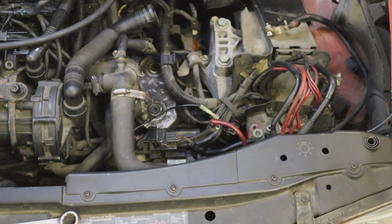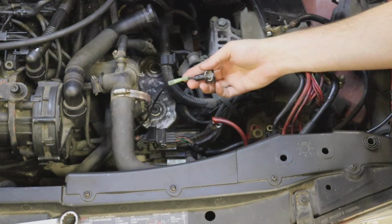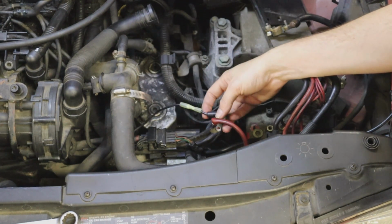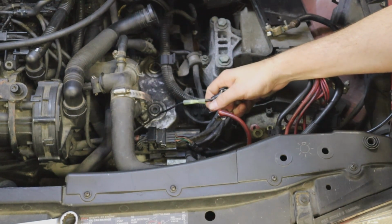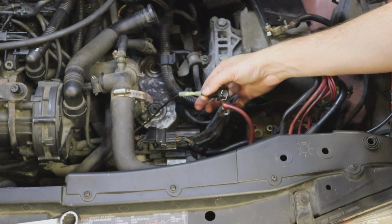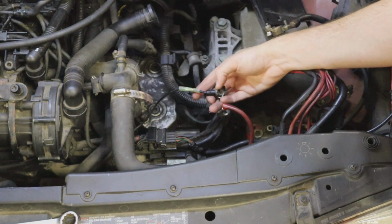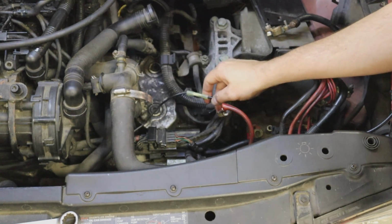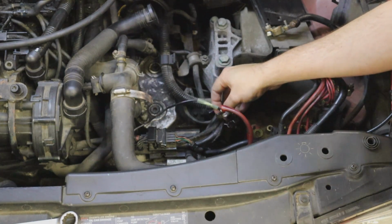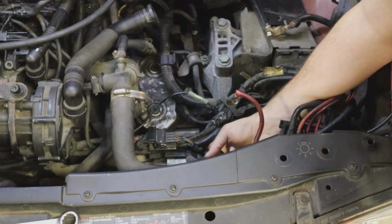Okay, so here's one of the first places that I start at a no start condition. So this is your starter right here, and this is that wire that came off the wiring diagram. It was the red and black wire. Well, it says red wire, but it has a black cover. And if you cut this wire open, you'll see it has a red sleeve underneath that black sleeve. And this is coming directly off your relay, and it is what's going to be starting your car through the